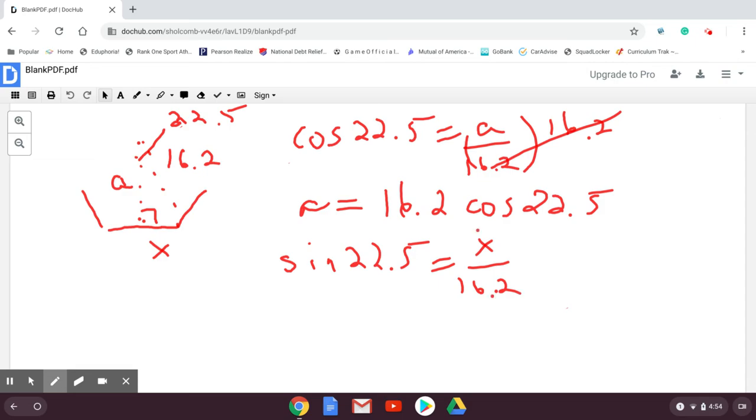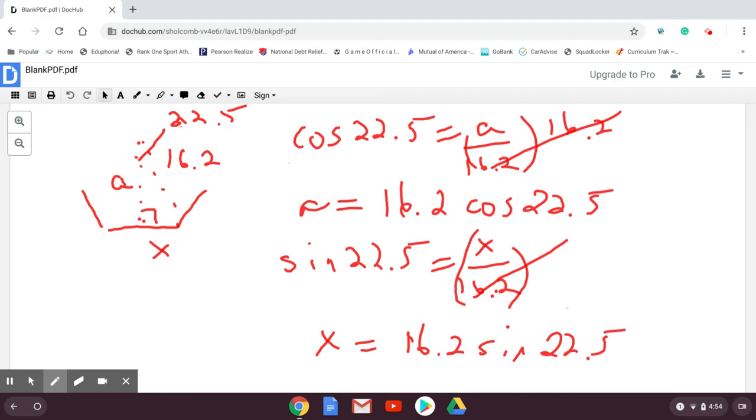Multiply both sides by 16.2. Cancel those out, and your x side is equal to 16.2 sine of 22.5. Now, at this point, I'm still using my area calculation of 1/2 PA. Remember that that calculation for x has to be doubled and then multiplied by the number of sides, which is 8. So 16.2 on your calculator, sine of 22.5 degrees, hit enter, times 2, hit enter again, and then